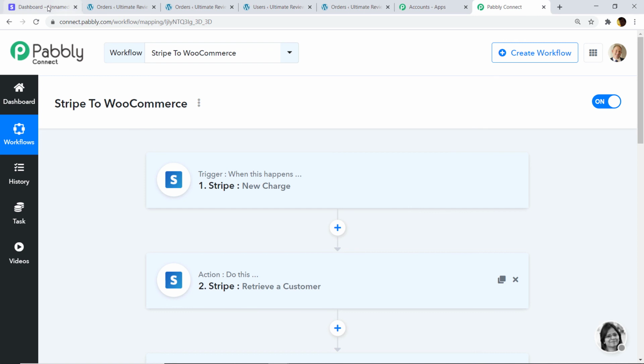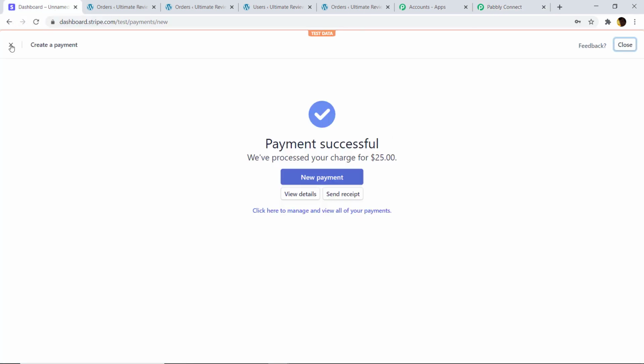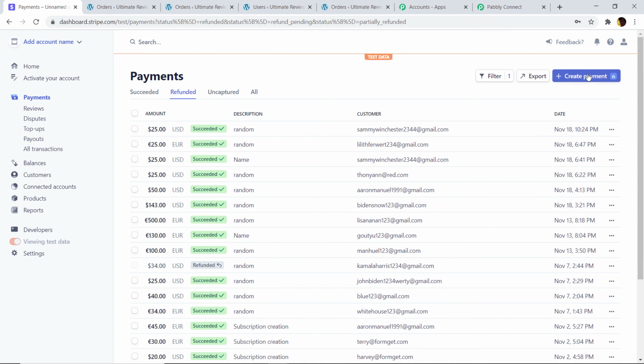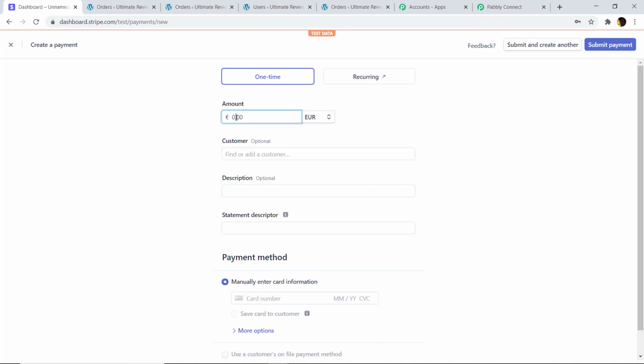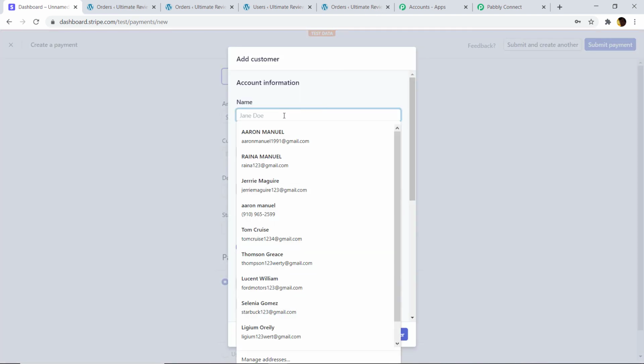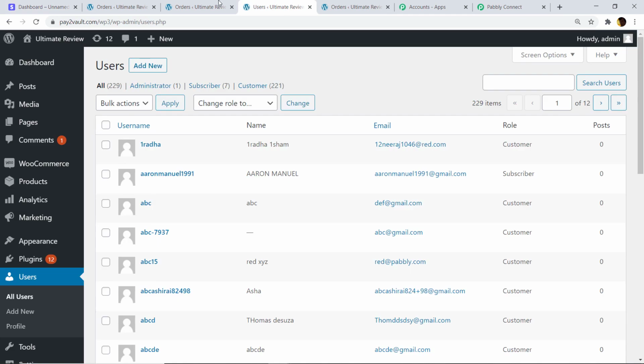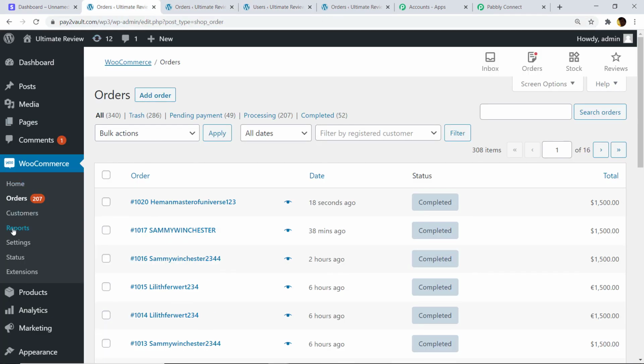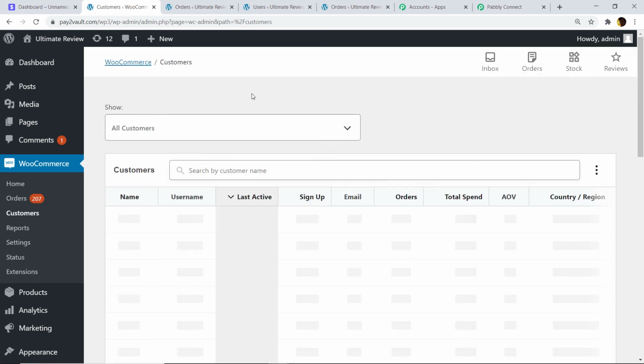So let's go back and let's create one more customer, one more charge actually. So we are going to create a payment. This time again we are going with the $25. We have mentioned before, because anything above or less than $25 won't be accepted. The system will just restrict the data flow. And in the new customer, we are going to get a new customer. Okay, so as I mentioned before, we have to actually look if the customer is present or not.